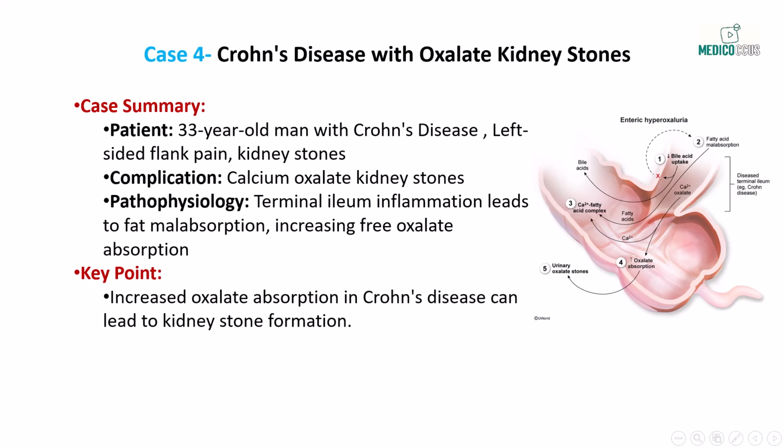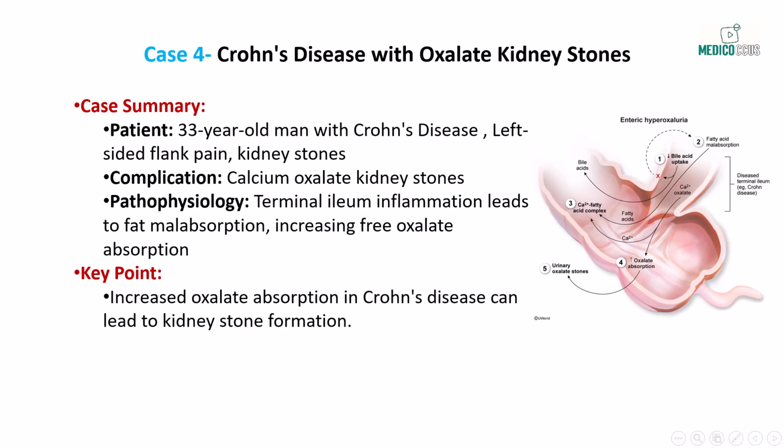Free fatty acids then bind to calcium in the gut, leaving oxalate free to be absorbed in greater quantities. This increase in absorbed oxalate leads to hyperoxaluria and promotes the formation of calcium oxalate kidney stones. This case highlights the systemic complications of Crohn's disease beyond the gastrointestinal tract, emphasizing the importance of comprehensive management to prevent such occurrences. So be sure to understand the mechanism of oxalate kidney stone formation in Crohn's disease and its